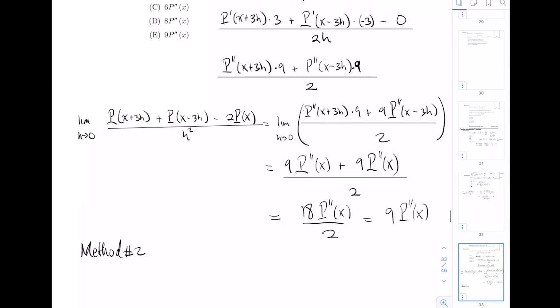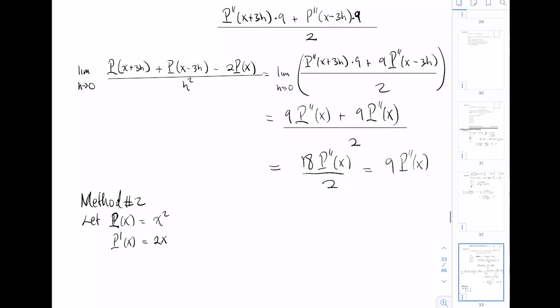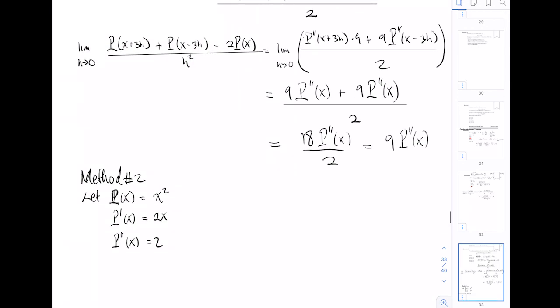So I'll say, okay, method number 2. I know many polynomial functions, but my favorite is x squared, which is the quadratic. So p of x here is equal to x squared, and I know that p prime of x is equal to 2x, and p prime prime of x is equal to 2. Nice. So now I'm going to try and figure out this limit. The limit as h approaches 0 of p of x plus 3h plus p of x minus 3h minus 2p of x, all divided by h squared,